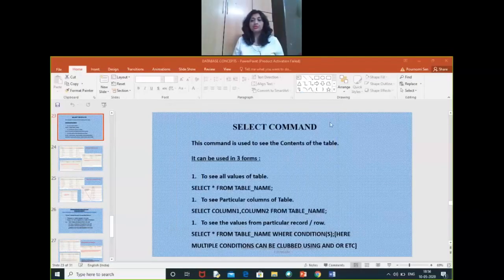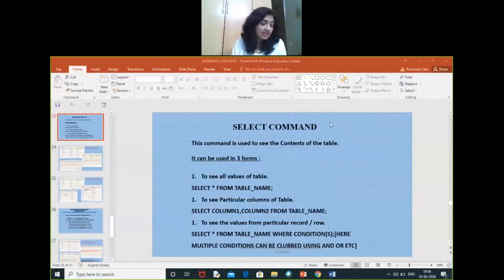So students, today we'll be discussing different SQL commands. In our previous class, we have already learned how to create a table, how to create a database, how to add rows in a table, how to remove rows from a table, how to add a column in a table, how to remove a column from a table, and also how to set different constraints like primary key constraint and default constraint. Today we'll be learning other SQL commands, starting with different formats of the select command.